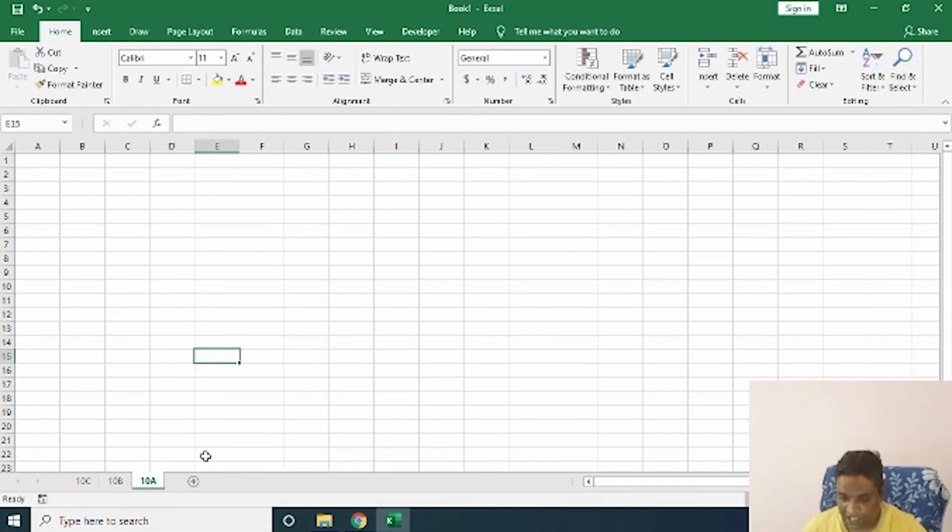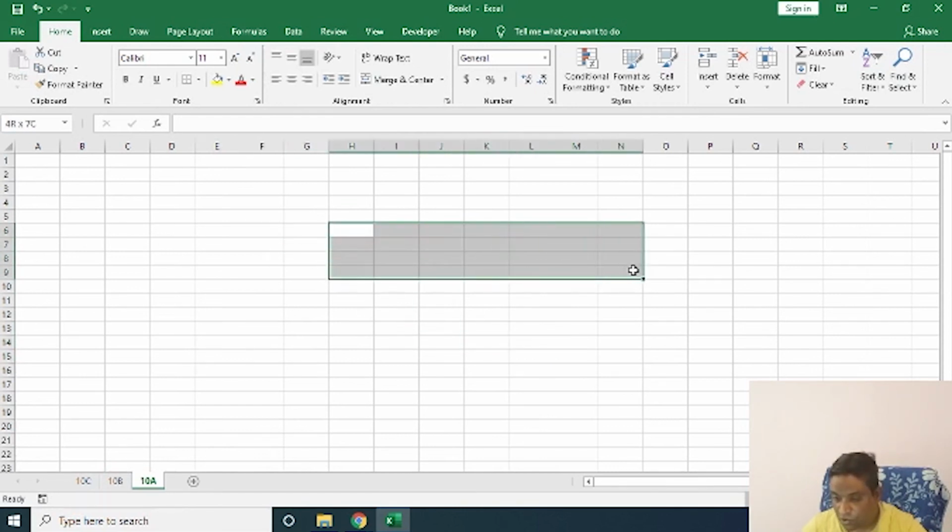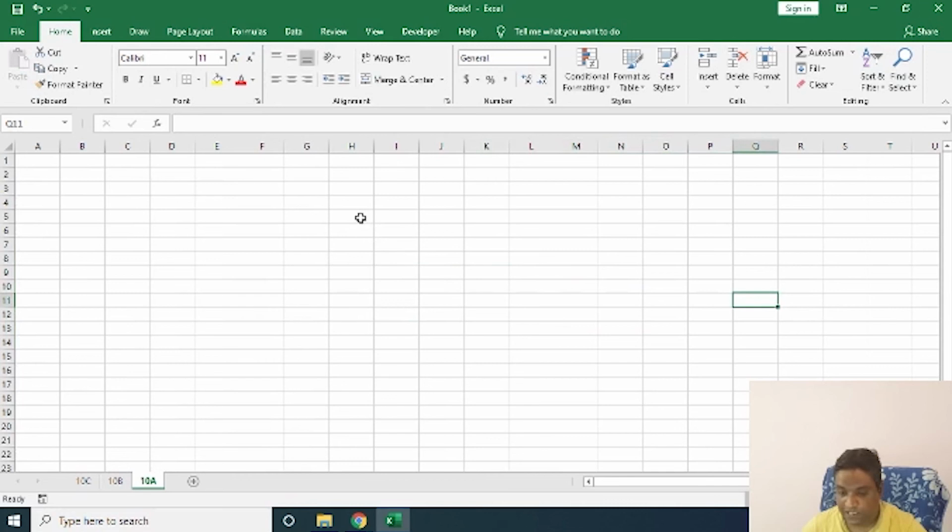Now what is a range? Selection of many cells. These are all called cells, correct? So I am selecting so many cells. Okay, selection of many cells is called a range. So basically a range is a selection of cells. Okay, more than one cell, definitely. Okay, single is a cell. If you select more than one cell, it's called a range.